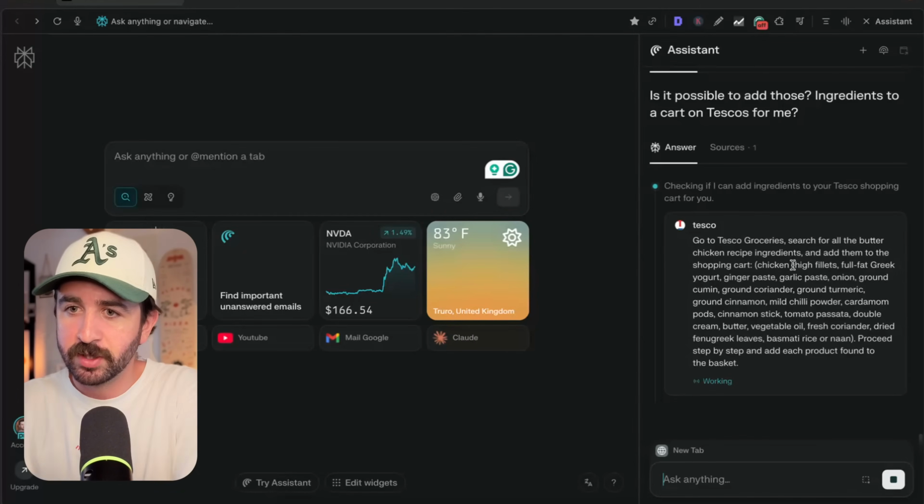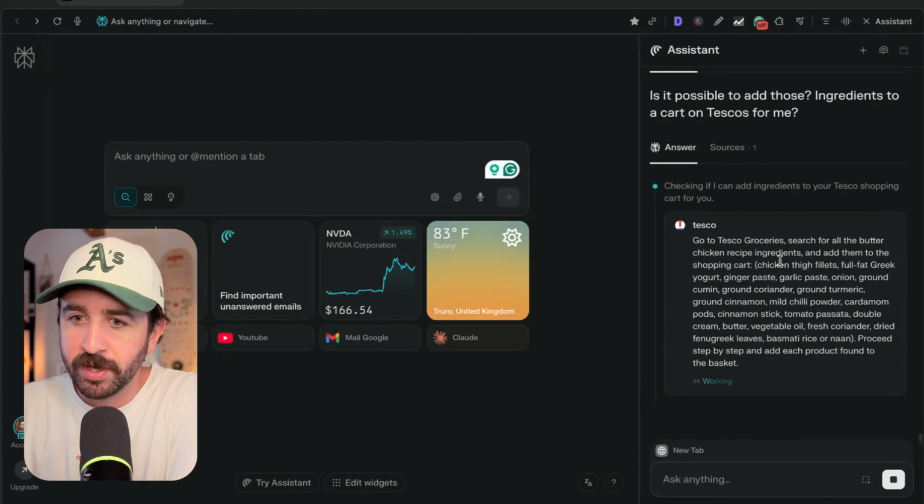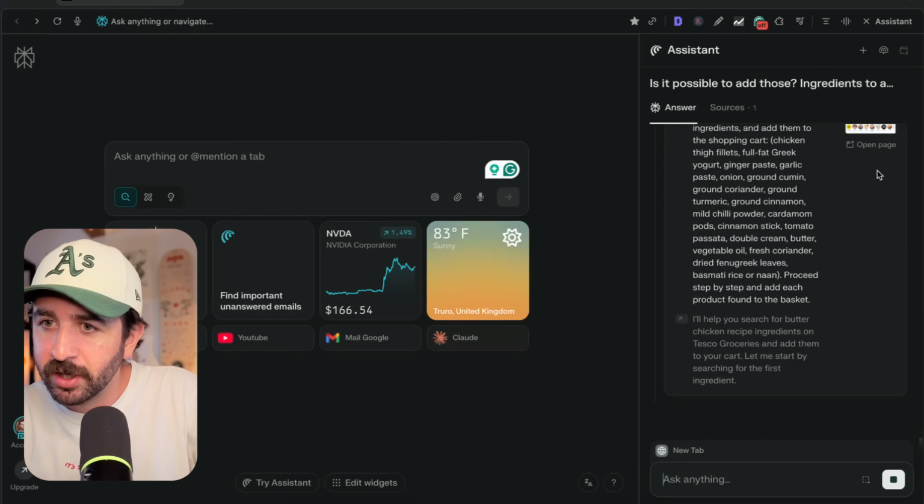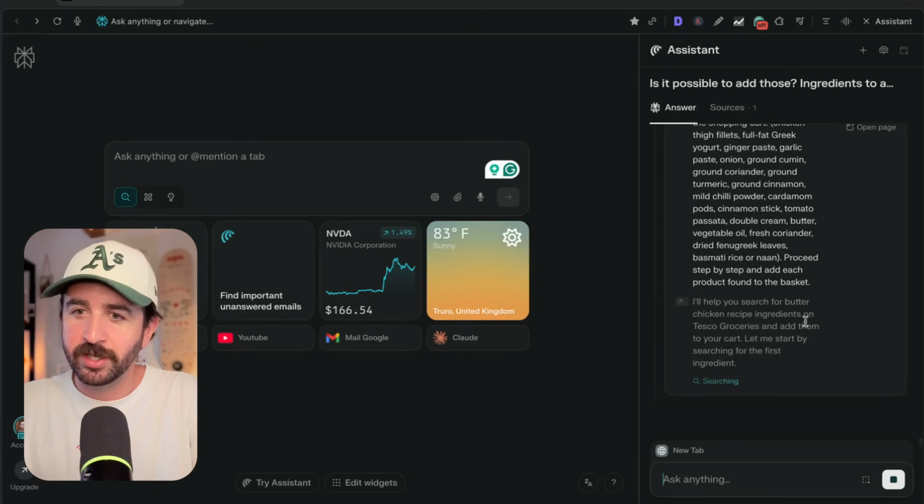So it's gone on to Tesco's, searched for all the butter chicken ingredients. It's making its plan, basically, of what it needs to do. And you can see here, look, it's actually gone on to Tesco's and its AI agent is starting to find